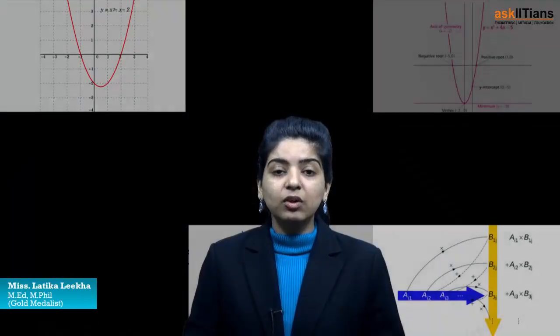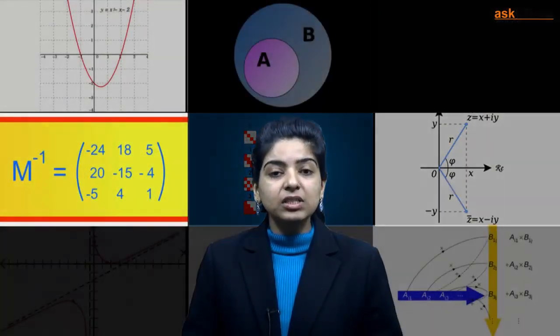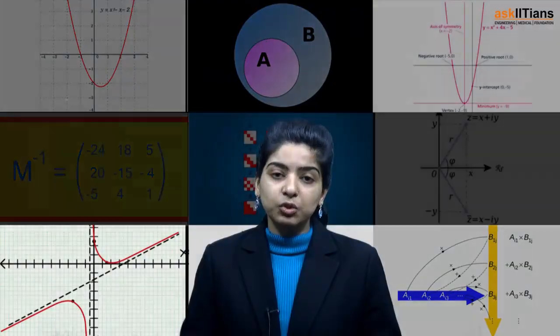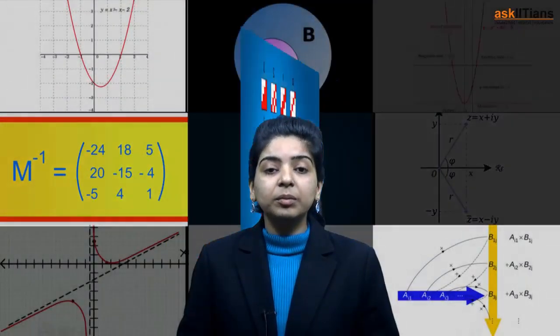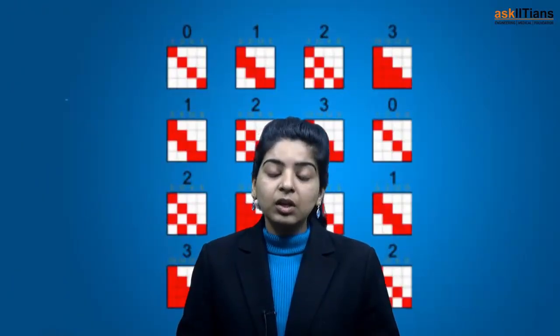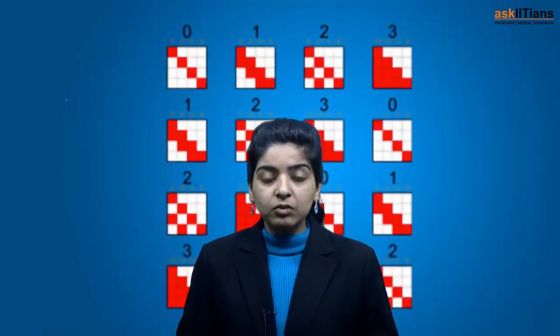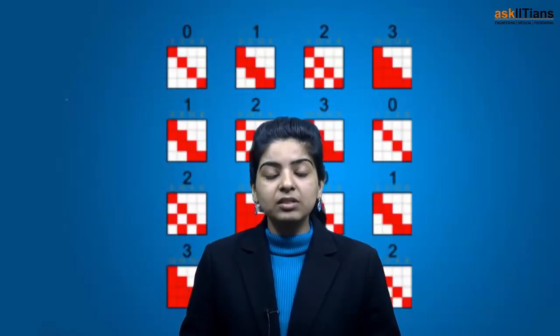Hello students, welcome back. Now we'll be discussing the concept of inverse of a matrix. We'll discuss that A inverse is equal to adjoint of A divided by determinant of A. So this concept is also dependent on the previous concept, that is adjoint of a matrix. We'll also get to know the various properties of inverse, and we shall also discuss how to evaluate the inverse of a 2 cross 2 matrix directly.